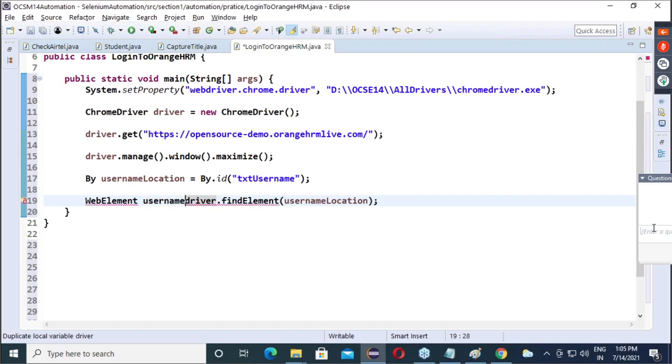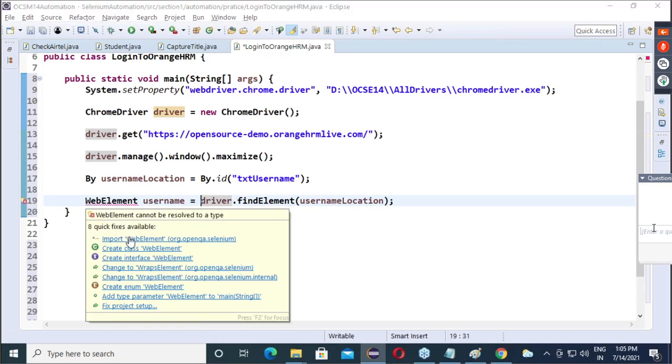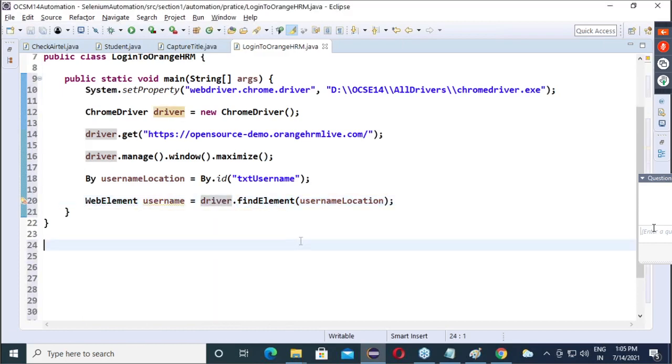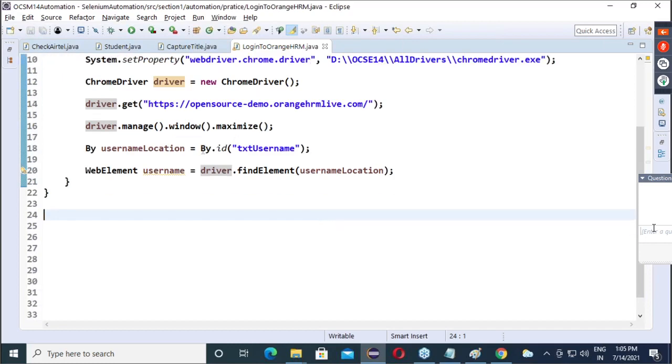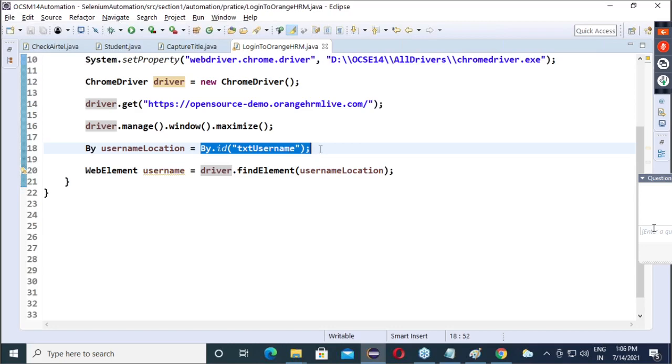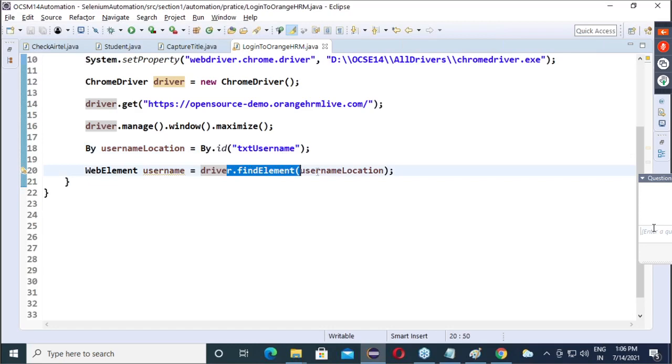So let's say I will name it user. Import WebElement. Any confusion up to this? Clear? So what is the job of By? Get the location. What is the job of findElement? Go to that location, catch the element, return back to us.